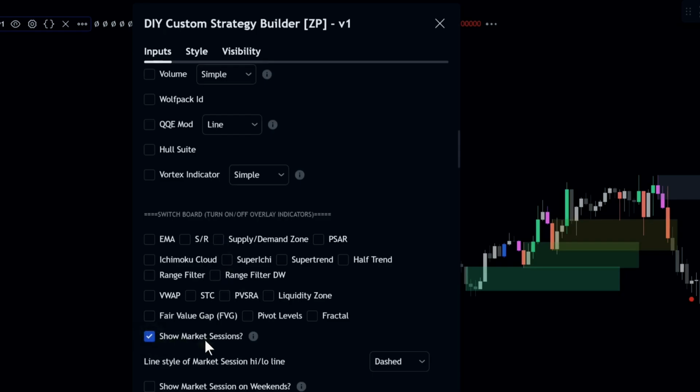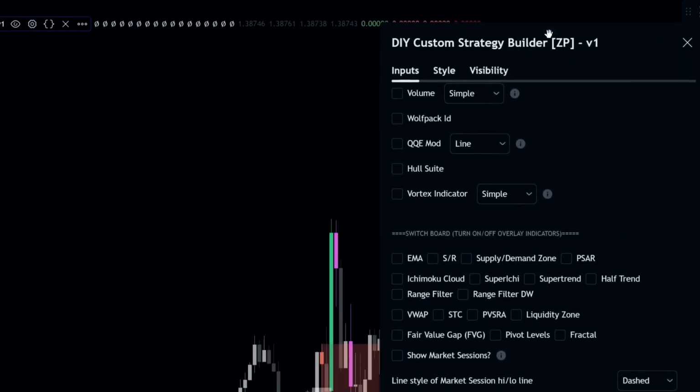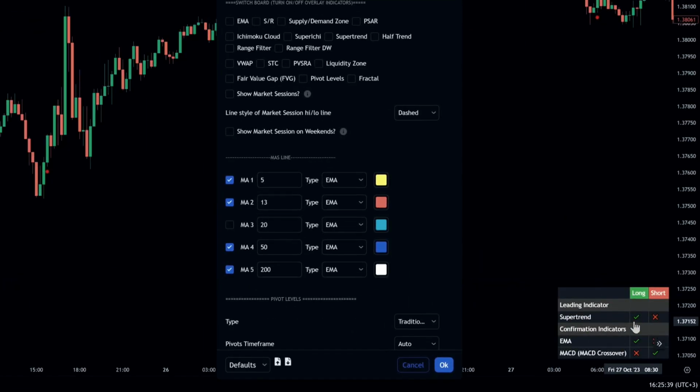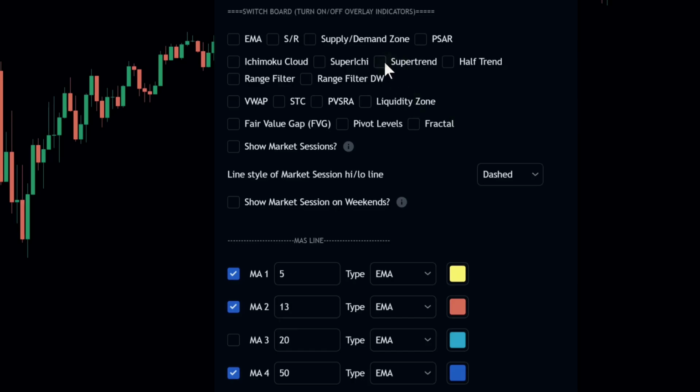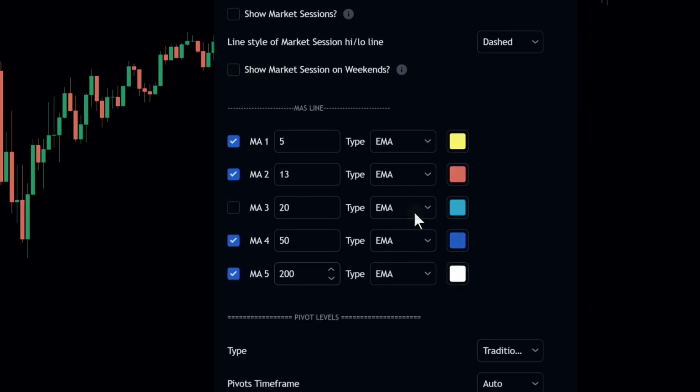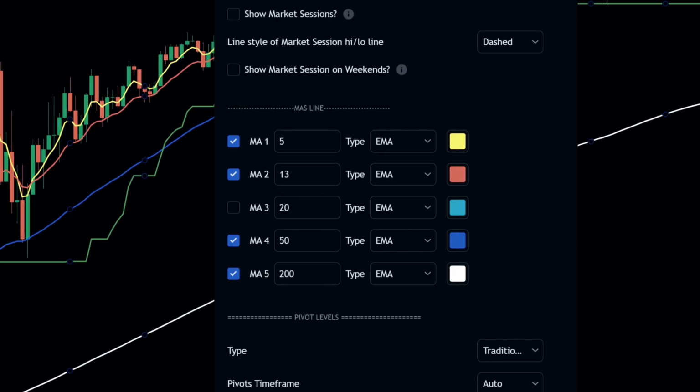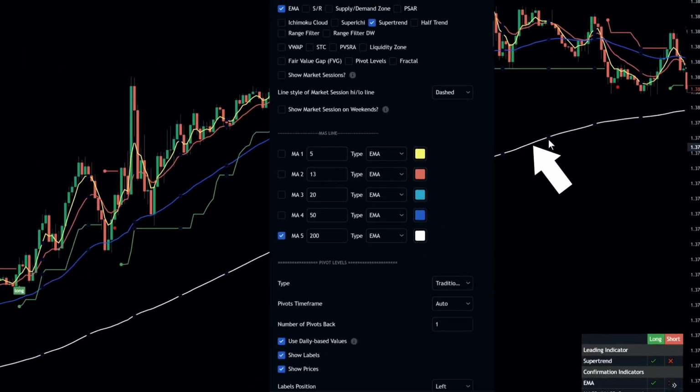Then we'll enable the indicators we selected earlier. We'll activate the super trend and EMA. Since there are multiple EMAs coded into this indicator, we'll specify that we only want the 200 period EMA displayed. We'll disable the others and leave just the 200 period EMA checked, which will show us as a white line